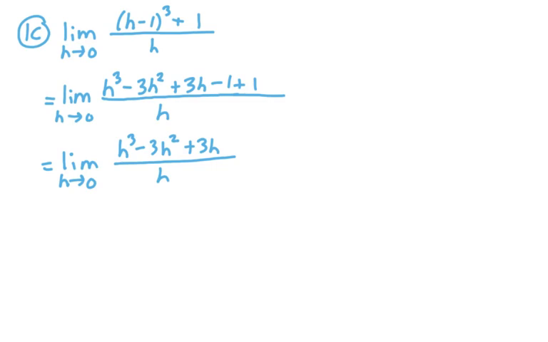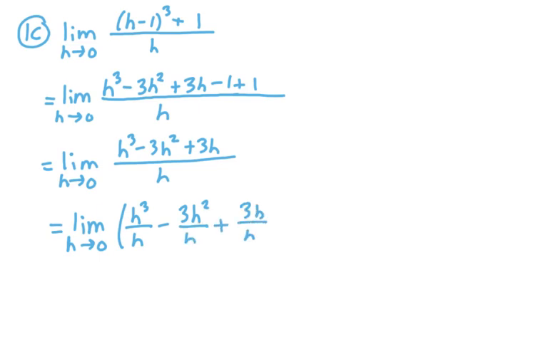And what you can do from here is one of two things. We can split the fraction. In other words, we can write this as the limit as h goes to 0 of h cubed divided by h minus 3h squared over h plus 3h over h. So that's one way to attack it. You can split the fraction. I'm just going to write that third term a little cleaner. Or